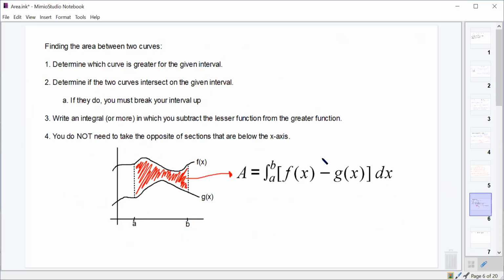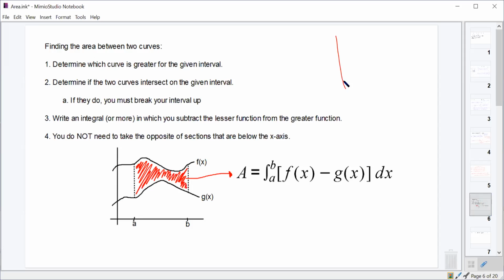So you should know that in order to find the area between two curves, we just need to figure out which curve is greater than the other one on the given interval, or if they intersect on the interval, because if they do, then you got to break it up into multiple different integrals. And then just take the upper function minus the lower function. And you no longer need to worry about stuff that's below the x-axis if you're doing an area between curves, because